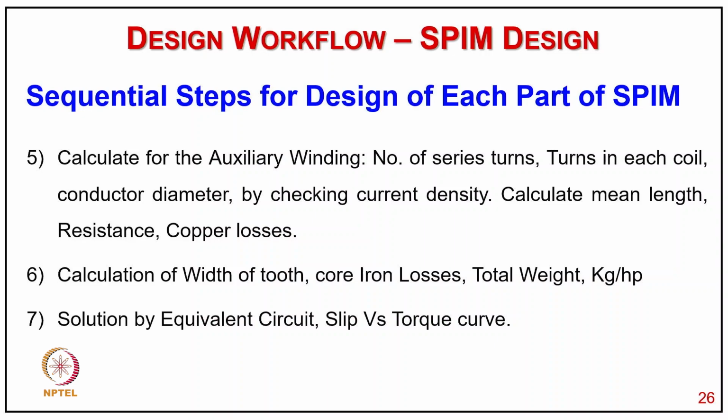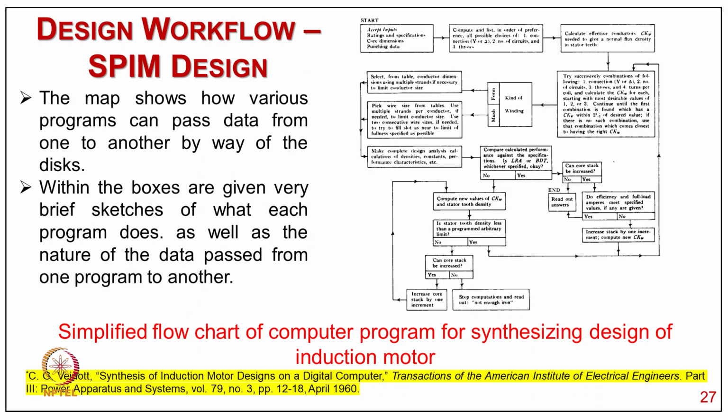And the sixth step is the calculation of the width of the tooth, core, iron loss, and total weight, typically in kg per horsepower. And seventh is the solution by equivalent circuit, slip versus torque curve. Then this is typically the example of how the calculation is done according to the reference sum given for a simplified flowchart for computer